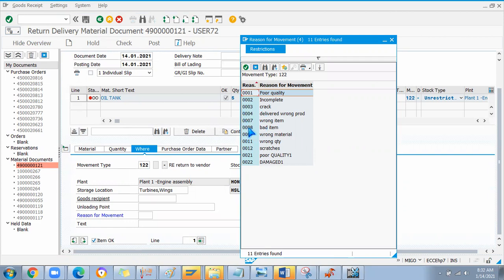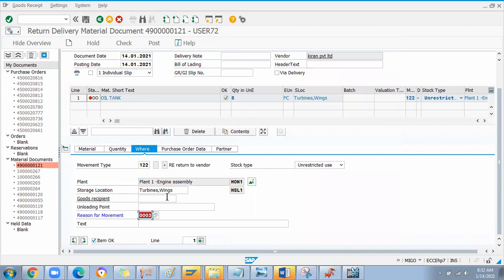How to configure in the backend I will explain in the next session. When I discuss the config part of movement types and reason for movement, many things we have to discuss in one session. That time I will explain this part. Today I just thought of showing the front end part. For example, a crack happened or some damage is there, so I'm going to return this, check and post it.